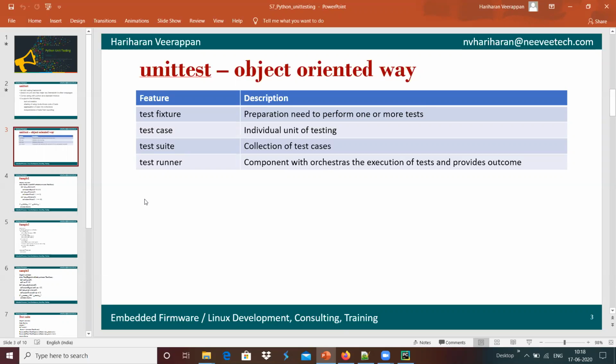And we have a test runner. A test runner is the component that executes multiple test cases and provides an outcome for the test cases.